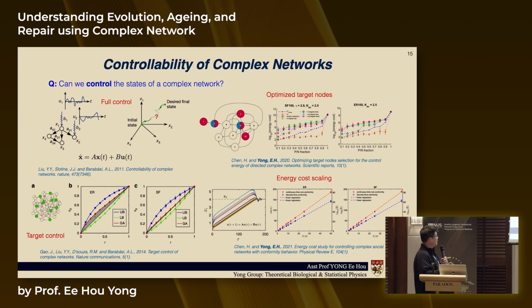For simplicity, they actually used a linear model. Okay, so again, this is a big simplification because we know that in nature things are nonlinear. Actually, this nonlinear problem hasn't been solved in the 15 years since then, right? But what they showed is that if you are considering linear dynamics on a complex network, then it turns out that you can drive any nodes you desire to the final desired state. So this problem is doable.